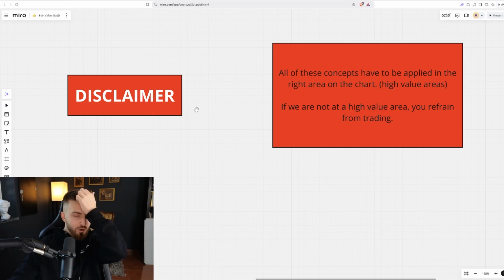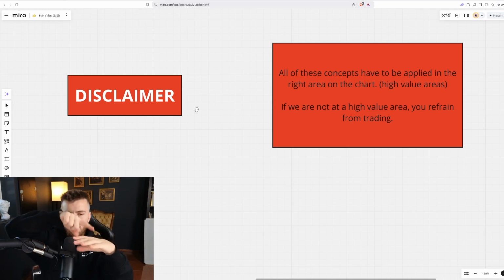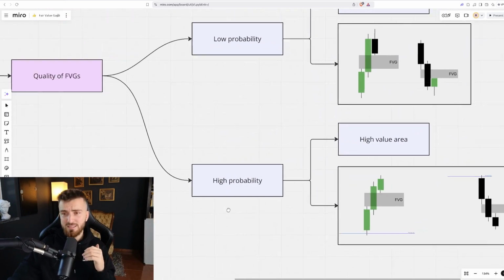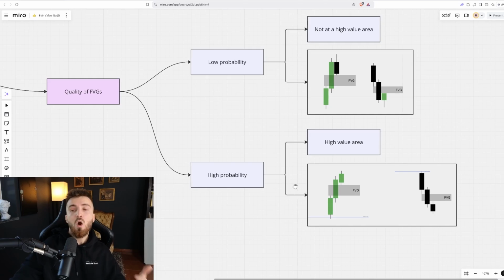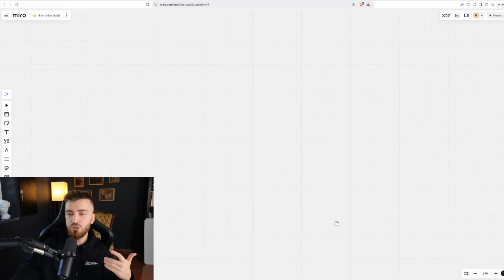Because if you are trading the 5 minute and you are stuck in a range, but you're so stuck in the 5 minute that you're only seeing this pricing and that there's a bearish fair value gap, and you don't think about the rest of the market, of the daily, of the 15 minute, of the session, etc. We'll talk about all that. Then you're going to be absolutely decimated by the market. So a high probability fair value gap is going to be at a high value area or at a high time frame, and it's going to be marked by 3 very nice candles, and the third one should not be extremely impulsive unless you want a